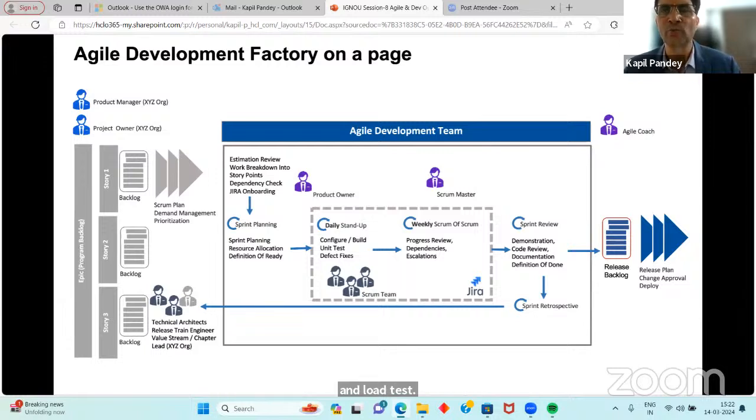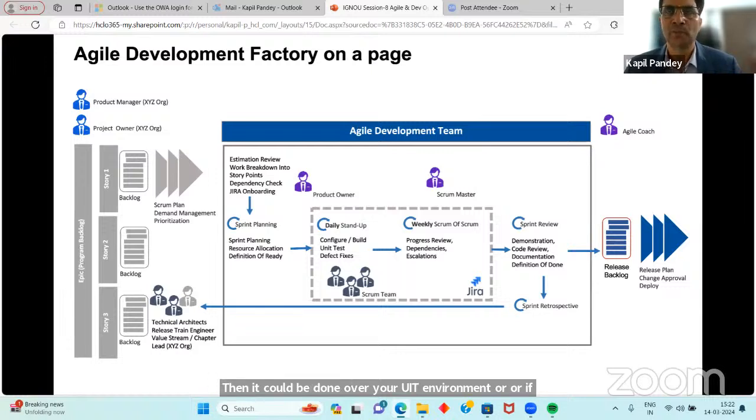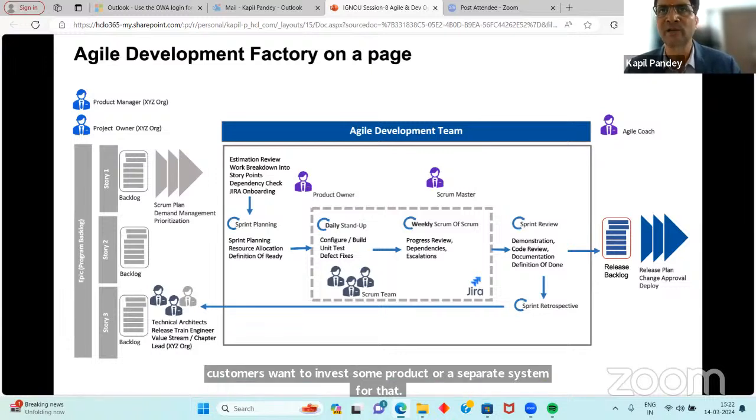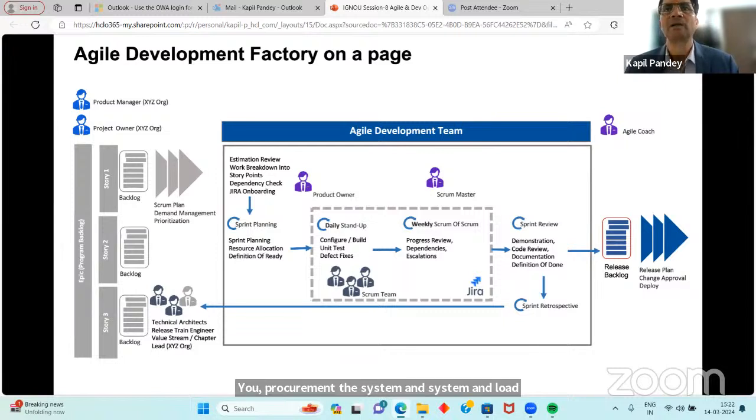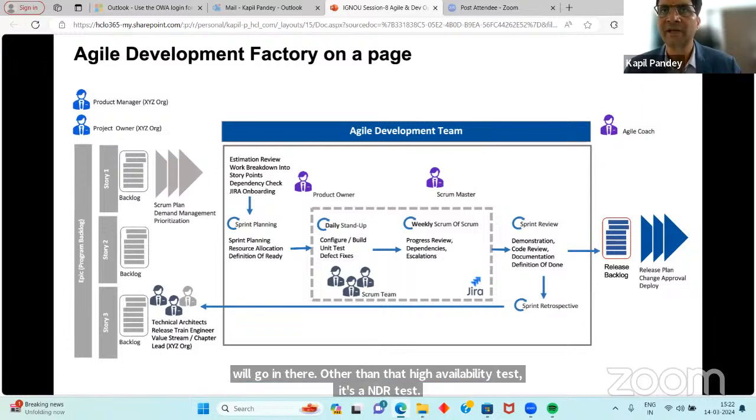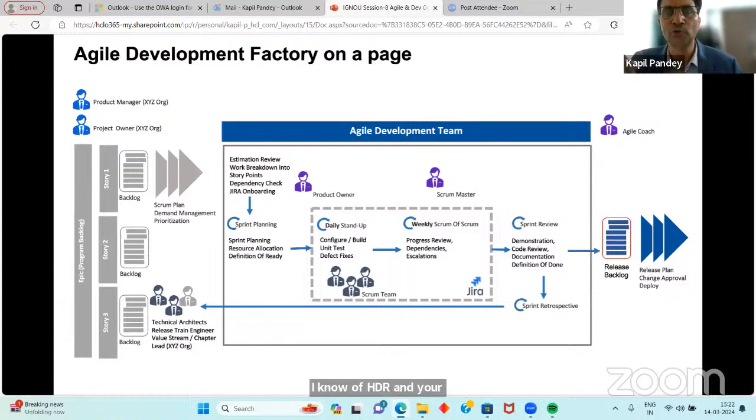Then it could be done over your UAT environment, or if the customer wants to invest in some product or a separate system for that, you procure the system, and the load test will go in there. Other than that, high availability test, HA and DR test, final sign off of HADR and your UAT sign off. All these life cycle stages have a milestone, and then finally you are deploying your product, your backlogs or your release